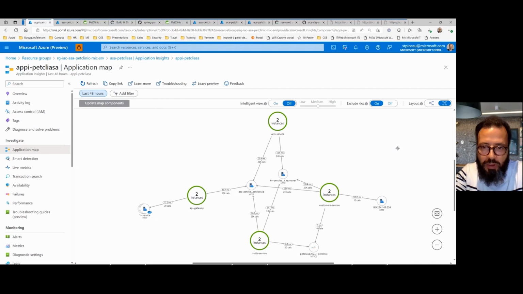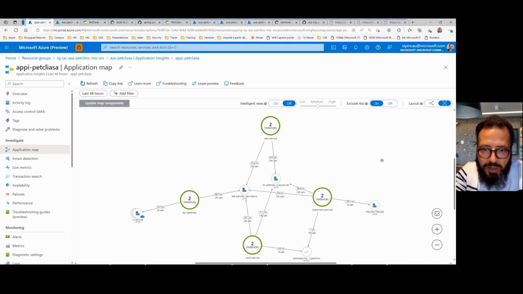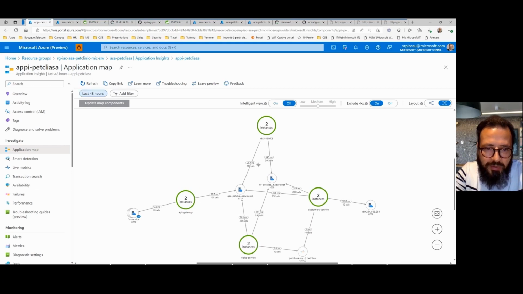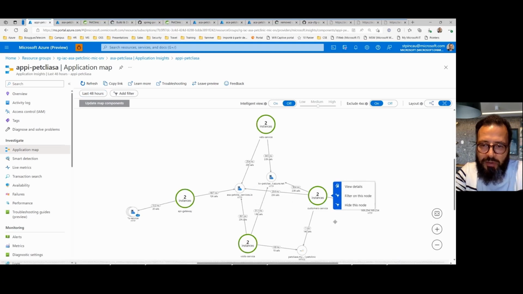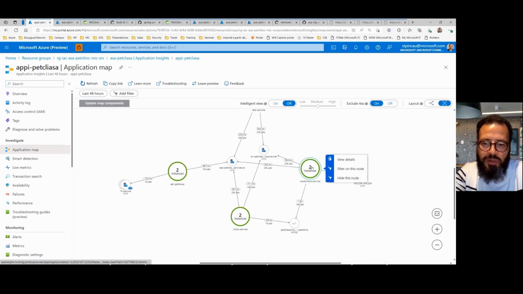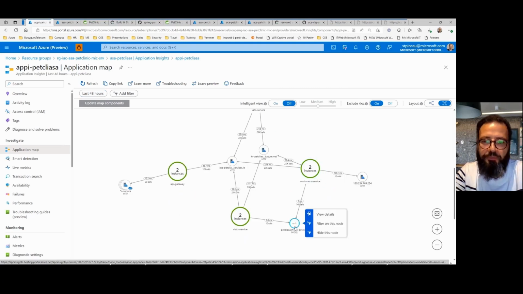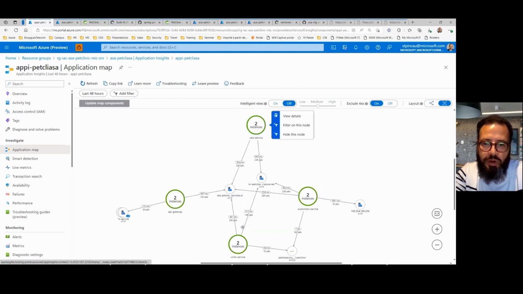And yes, so here I have the API gateway. I have my microservices. They all connect here to the config server. I have as well the backend services which do connect to the MySQL DB. And yes, each of the three backends 1, 2, 3 do connect to my Key Vault.